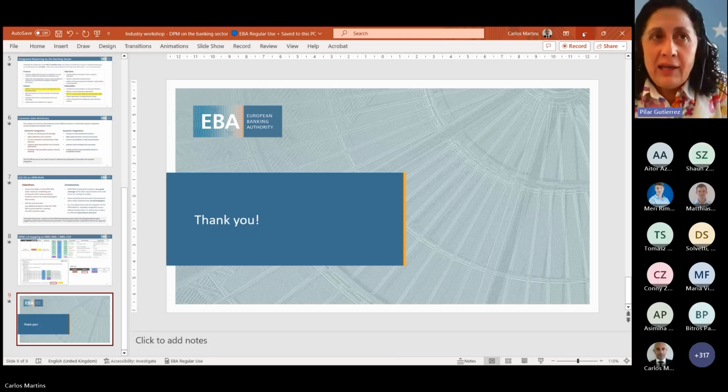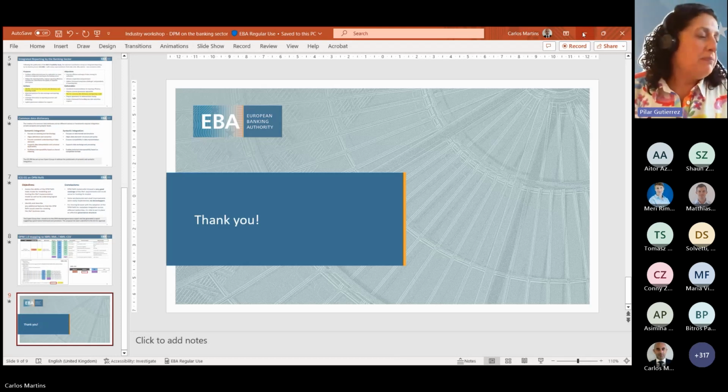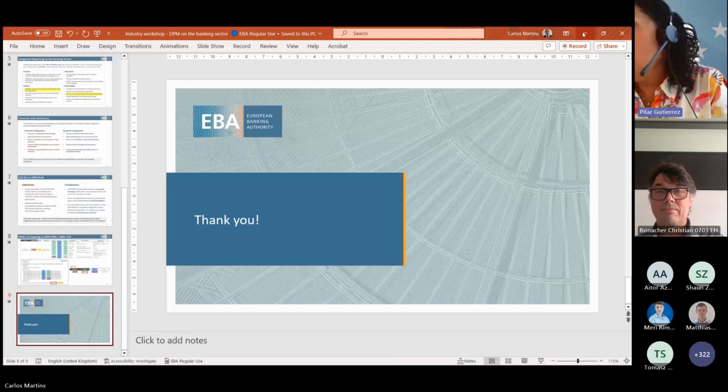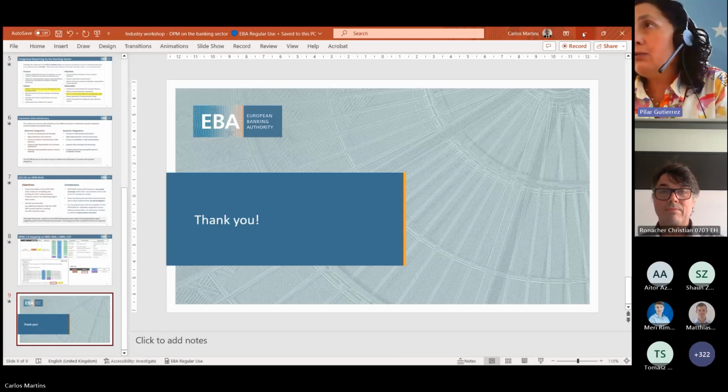So good afternoon again. We will go to the third part of the workshop after the presentations by Aitor and Carlos. We will now have the presentation of a use case of DPM driven reporting on a bank. So the use of DPM standards is quite widespread across EIOPA and EBA competent authorities. The use is not so common, though, across institutions.